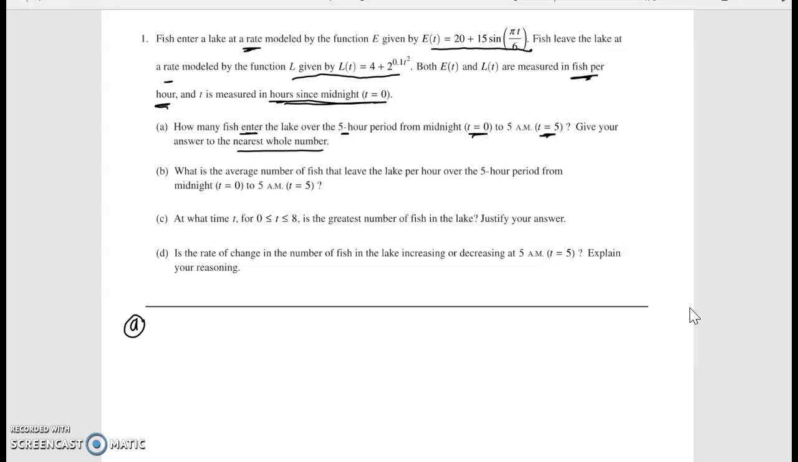We know that when we integrate a rate, we get an amount. So when we integrate fish per hour, we're going to get how many fish entered the lake. So I'm going to integrate in my calculator from 0 to 5, the entering function. Type it right into your calculator. You're going to get, let's see what I got, this number,